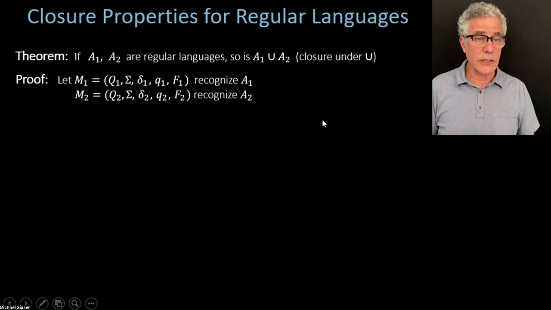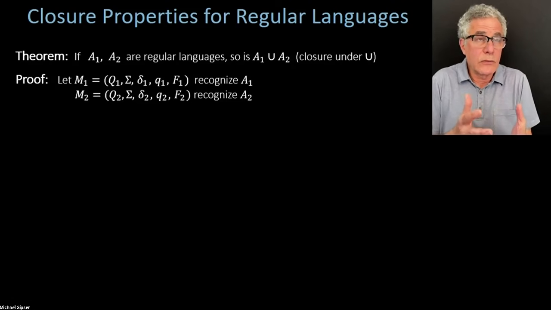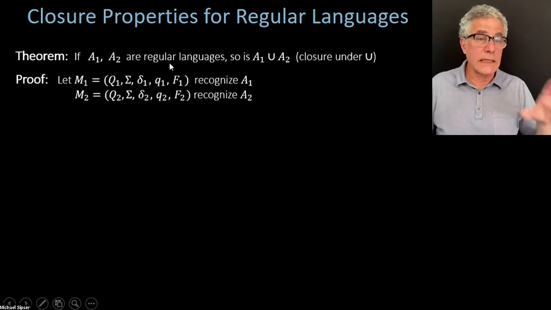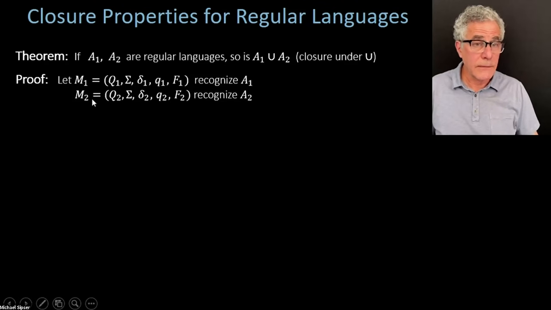So how do you prove such a thing? The way we're going to prove that is you start off with what we're assuming. So our hypothesis is that we have two regular languages, and we have to prove our conclusion that the union is also regular. Now, the hypothesis that they're regular, you have to unpack that and understand what does that get you? And them being regular means that there are finite automata that recognize those languages. So let's give those two finite automata names. So M1 and M2 are the two finite automata that recognize those two languages, A1 and A2. That's what it means, that they're regular, that these automata exist.